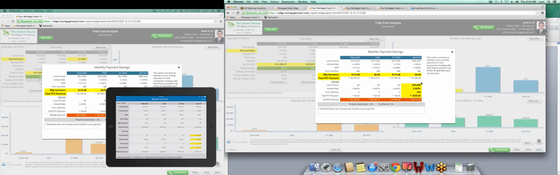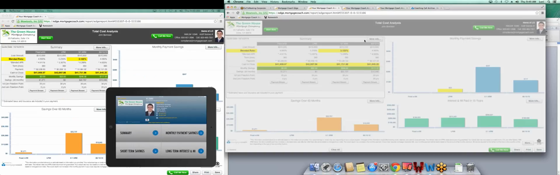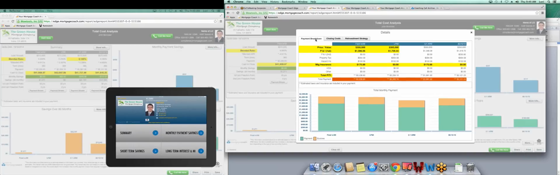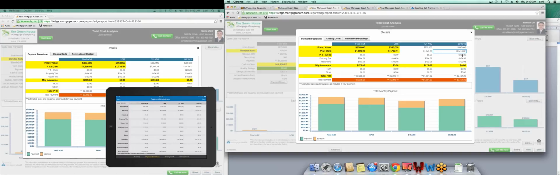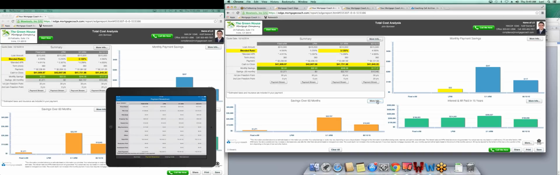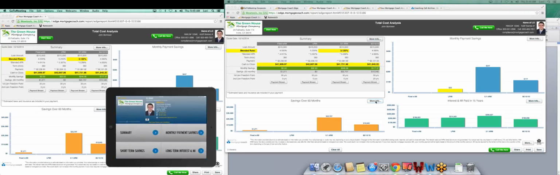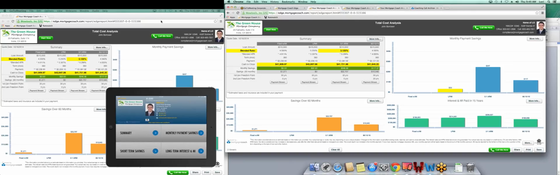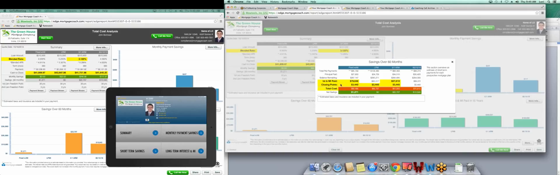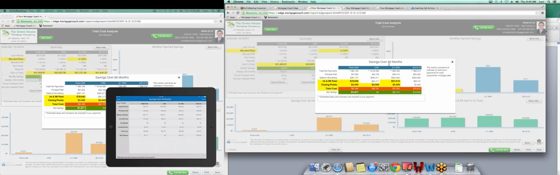I have that in here, but I just wanted to show you, you can show them that second lien information here, as well as going into the More Info button in the summary section. You'll notice in your payment breakdown there's an additional line item for that second P&I payment. So we also have it in here. So you'll be able to show them that by doing an 80-10-10, they have no mortgage insurance. And then you'll be able to show, in More Info again, the total unrecoverable costs over that